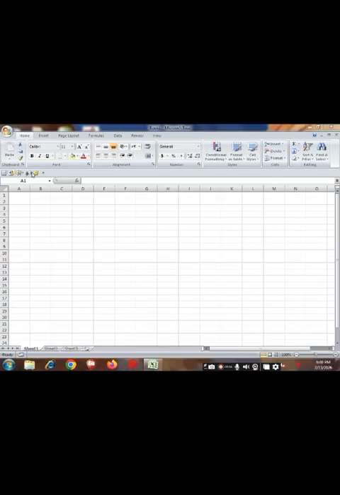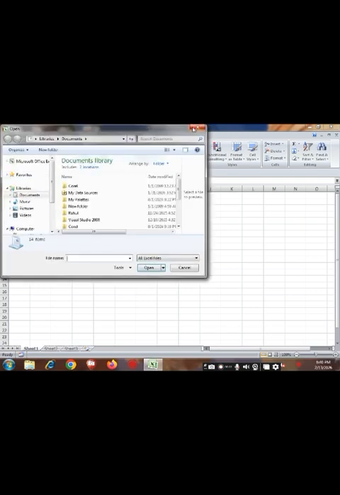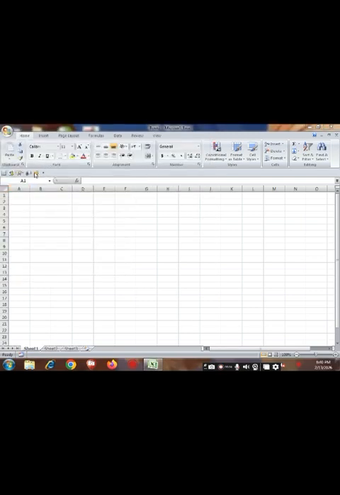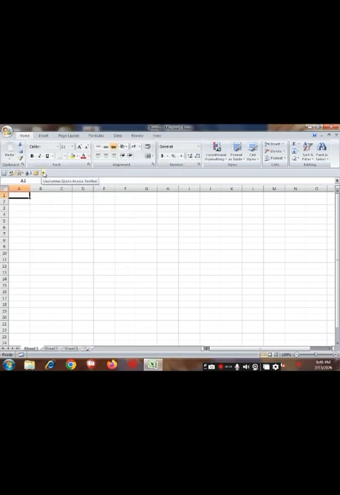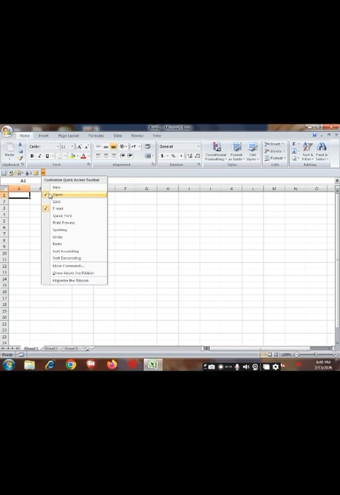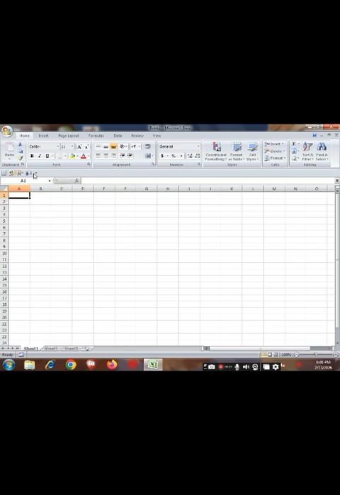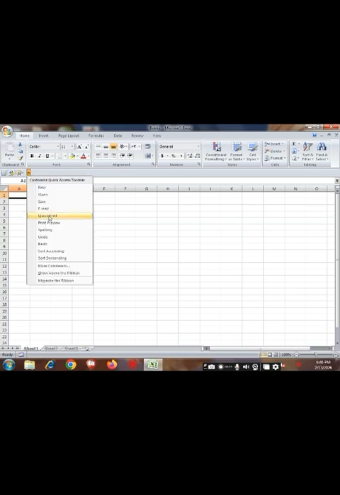This is the quick access toolbar. It has all the tools that we use during our work. The tools make our work easy and fast. We can add these tools according to our choice and requirement. We simply click on this triangle and you will see the list of tools that we want to add or delete from this toolbar. See, I don't want the open tool in this toolbar, I turn it off. And I don't want the email tool here, I simply turn it off. And whichever tool I want to add, I will simply click on it and you will see the tool will be added in this toolbar.